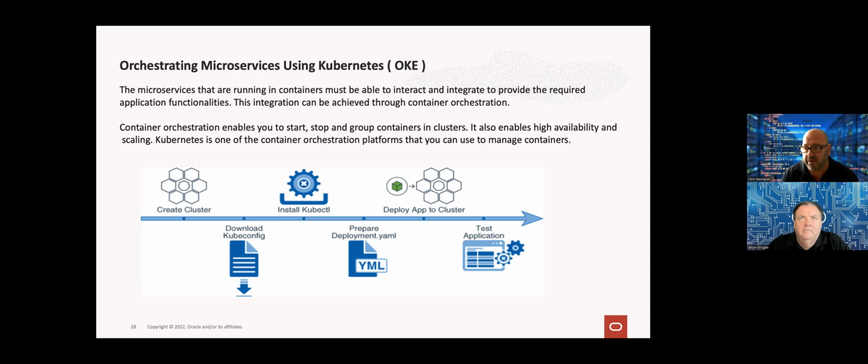Right. If you want load balancers in the front of that, it makes it a little bit more difficult. If there are interoperability requirements that the microservice or container needs, it's not easily managed in an environment outside of Kubernetes. Kubernetes manages all that for you. It provides the high availability. It provides the ability to restart that microservice inside the container if it fails. So it gives you the agility, the functionality, high availability, and scalability that you really need to run an enterprise application. Excellent.